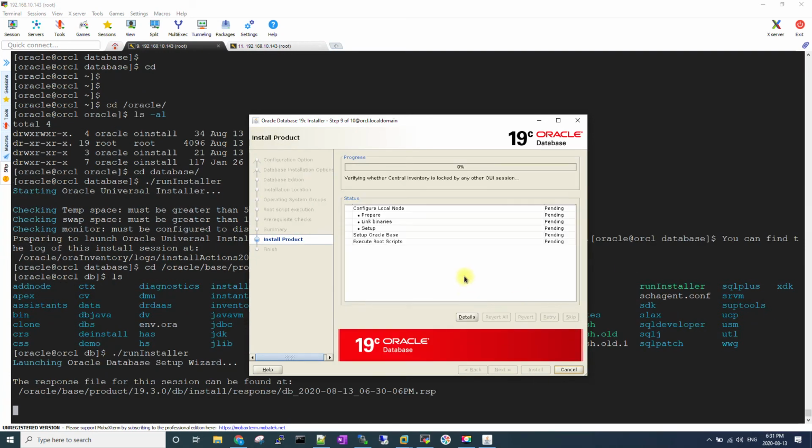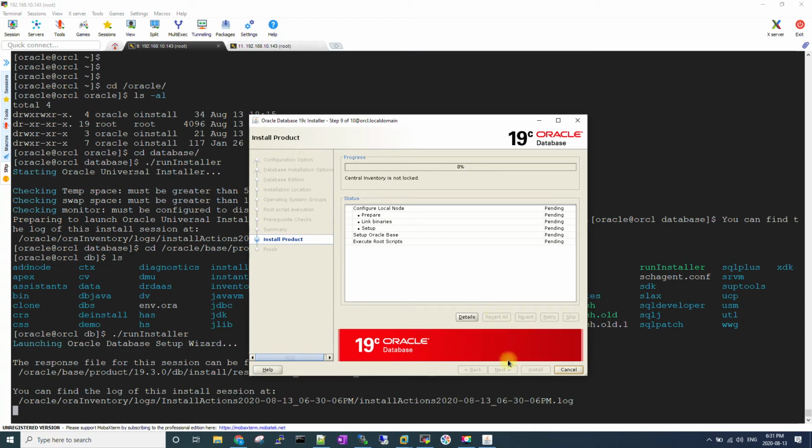Good. I'll come back as soon as this is complete and prompts to run the root.sh file, and then we will complete that, and then we will start installing the listener as well as the database for the 12c R2 version, so that we complete the complete bundle of 12c R2, and we will start migrating after that. That will complete our first video. Okay, let me come back.